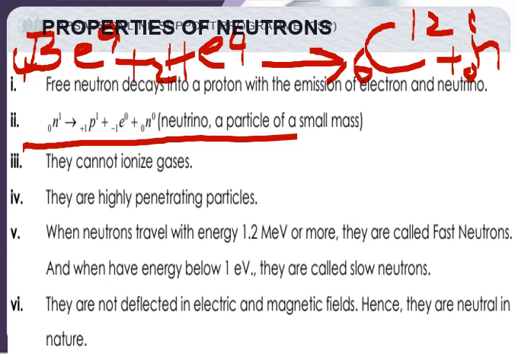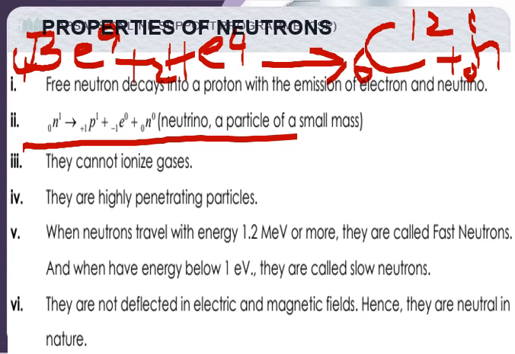N1 naught, when it undergoes decay, it produces a proton with a mass 1 and charge +1, an electron with no mass but having charge -1, and a very small mass carrying particle, negligible mass, given as N0 atomic mass, 0 mass and 0 charge on it. It is called neutrino. So we say 3 substances are generated or 3 particles are produced,